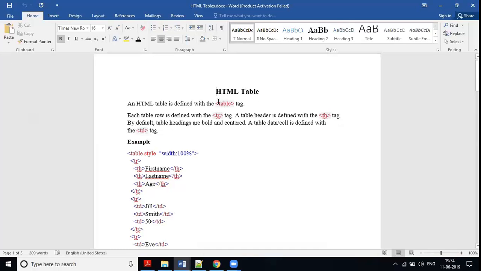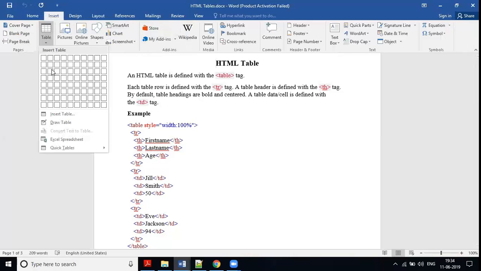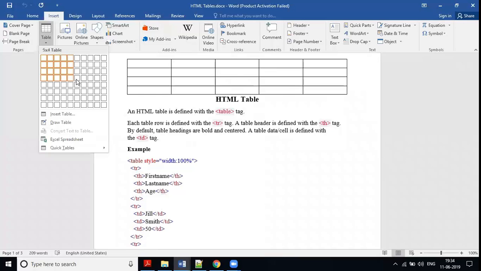So next topic is HTML table. So what is a table? It's something like you are having rows, columns, right? In which you put some data in a specific format. I can show you here also. I think so. Yeah, this is a table. If I put here